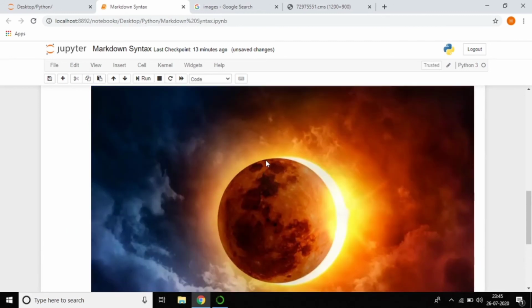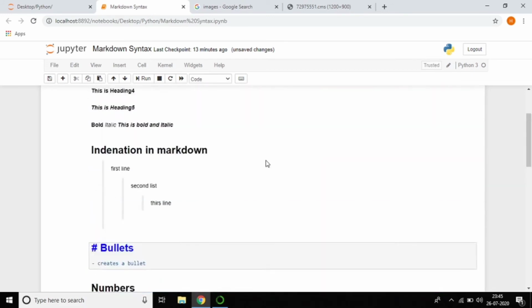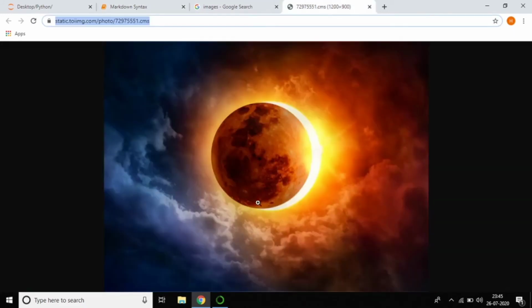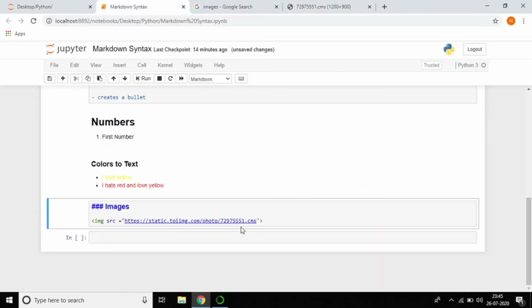So this is the way to add an image in your document, but the actual size of the image is very big. So I want to edit it. You can give the height and width of this image. I want to give width like 100, and height like 100.